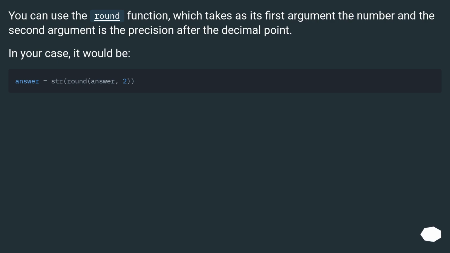You can use the round function, which takes as its first argument the number and the second argument is the precision after the decimal point. In your case, it would be